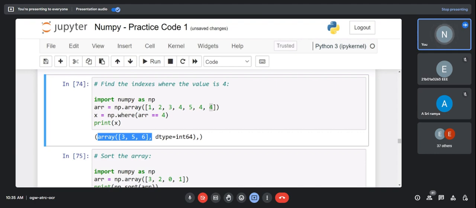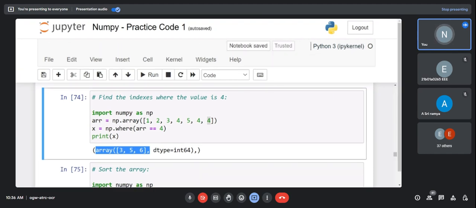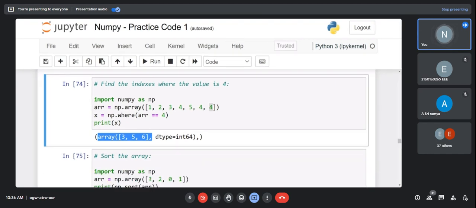Okay, so if I write np.where(arr == 4), it is going to return you the index positions. In the last lecture, we have already seen this kind of code, and we have also prepared some other codes related to even numbers and odd numbers, which return the index positions where these numbers are present in your numpy array. Okay, so it's already done. Now,